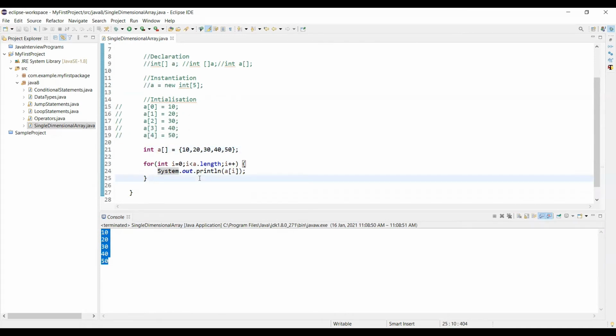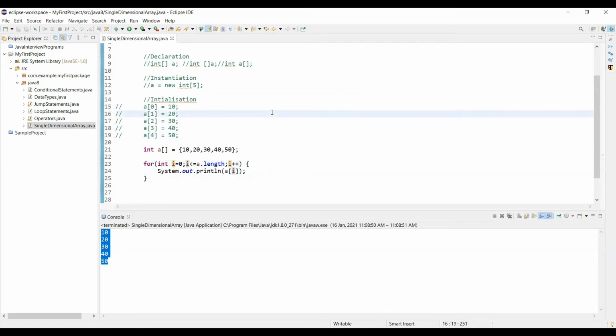Now see, I have 5 elements in the array, right? My index starts with 0 and it ends with array.length minus 1. So it is less than, so it will stop at length minus 1, right? What if I try to access beyond the index? You can see 0, 1, 2, 3, 4. There are 5 indexes, but a.length gives us size as 5, right? So what if we try to access the index 5? a of 5 doesn't exist here, but I still try to access a of 5.